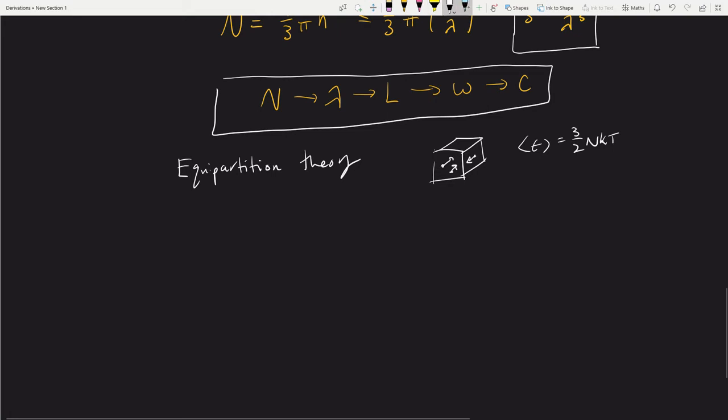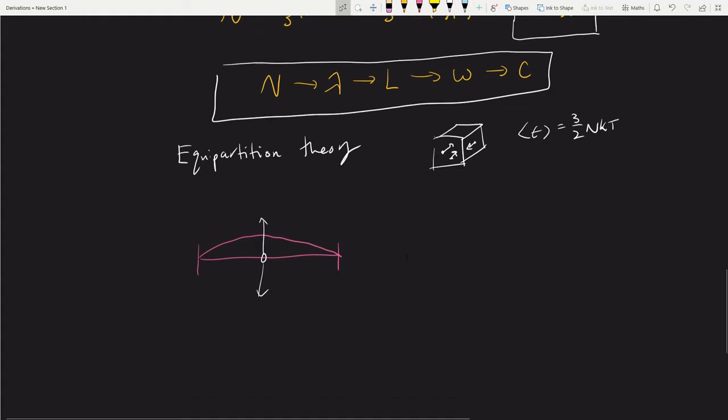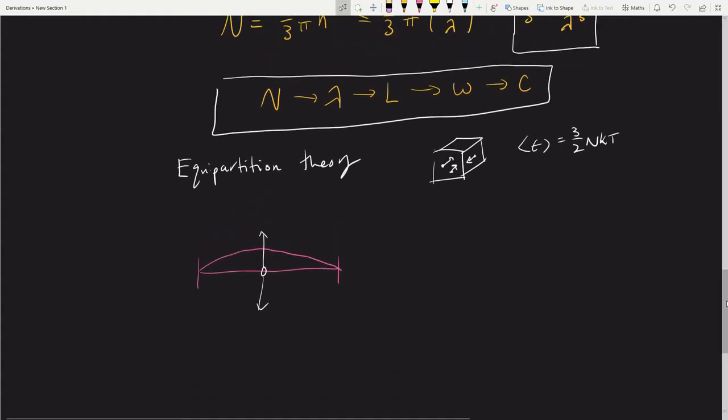Okay, so if you imagine our setup, and let's look at one length of the cube, sorry. And we have this standing wave, I'm just drawing n equals 1 for simplicity, that's oscillating. And if we drop an electron right here, we know that this electron is going to oscillate in this field. Okay, I'm not going to do an exhaustive derivation here, but I'm going to show the point that we're trying